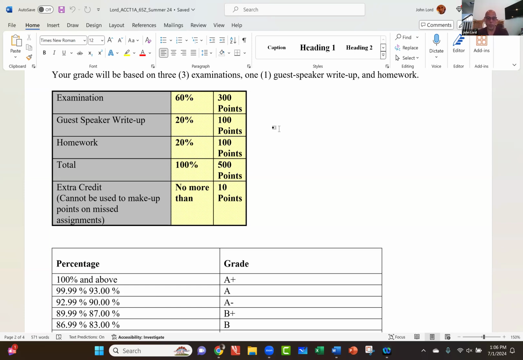all the other areas. So if you don't take one of the exams, you will not receive any extra credit, because I'm not going to allow you to supplement missed assignments with extra credit. So you can get extra credit just assuming, hey, I turned in everything. I need a little 10-point boost to maybe get me up from an A- to an A or something. Let me write an extra page with the guest speaker write-up, and that's how you'll get those 10 points of